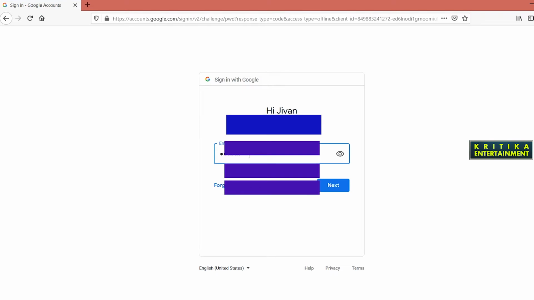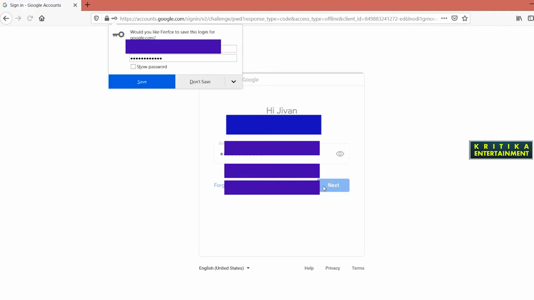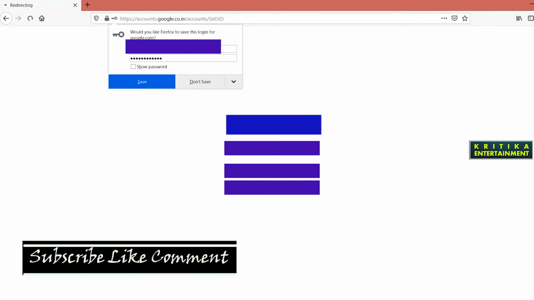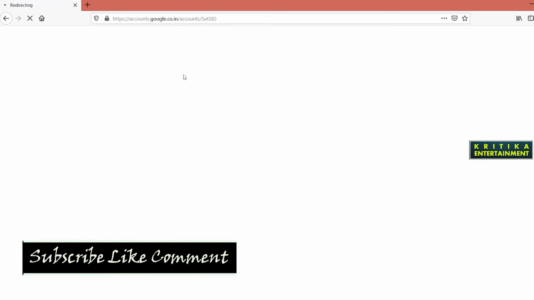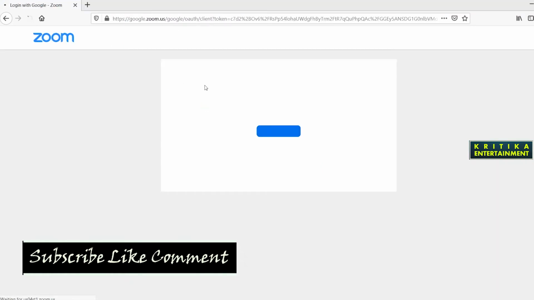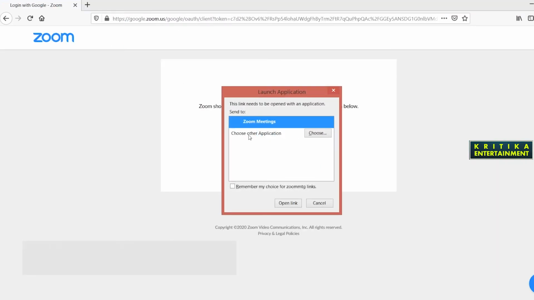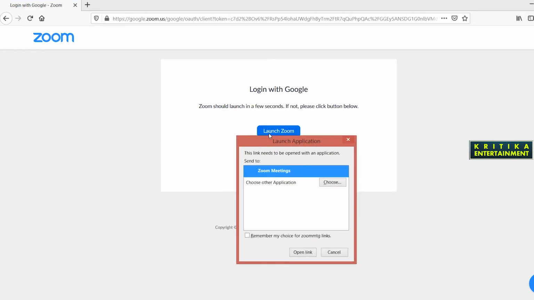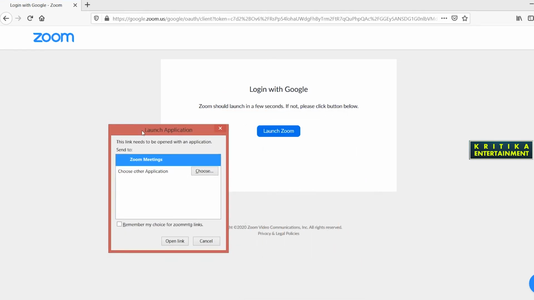Suppose I enter my password, then it will ask for the date of birth to verify whether this user exists or not. I have already verified, so it will directly tell me to go and launch the Zoom software.